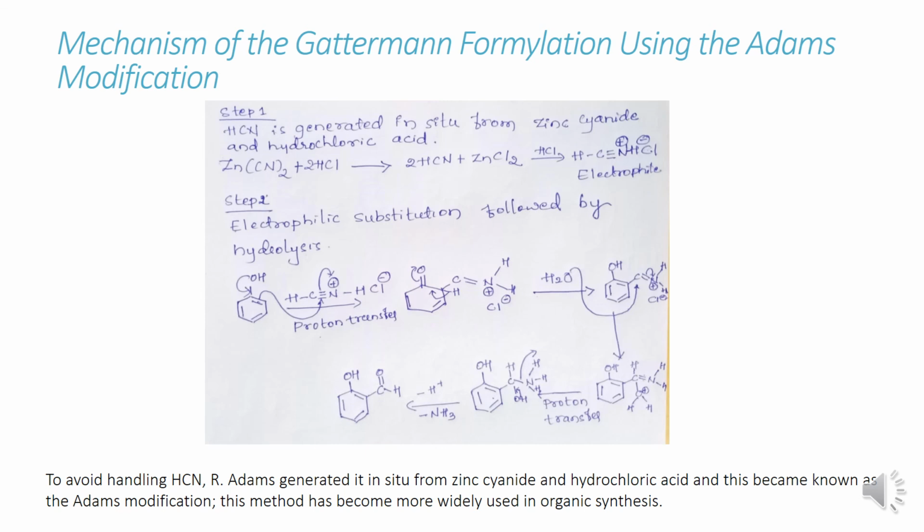So in place of methyl cyanide, suppose if we use HCN, that will make formylation of phenols. So this reaction is a special case of Houben-Hoesch. As I said in the earlier Houben-Hoesch discussions, HCN is generated in situ from zinc cyanide and hydrochloric acid. Remember,